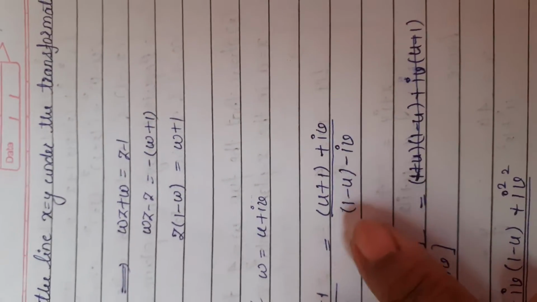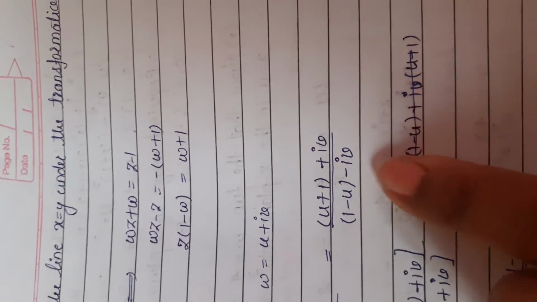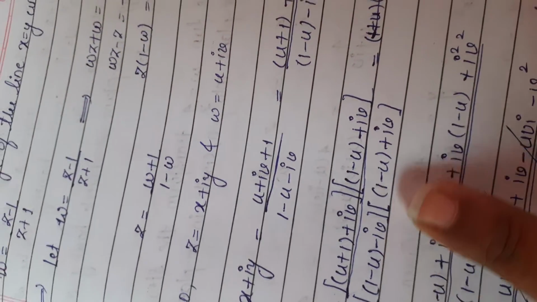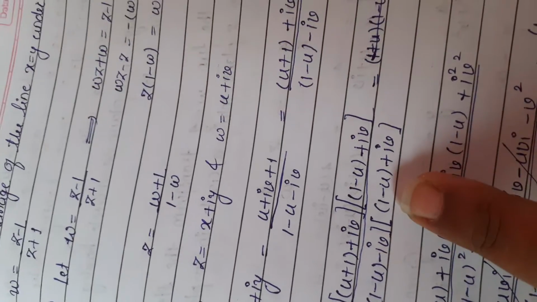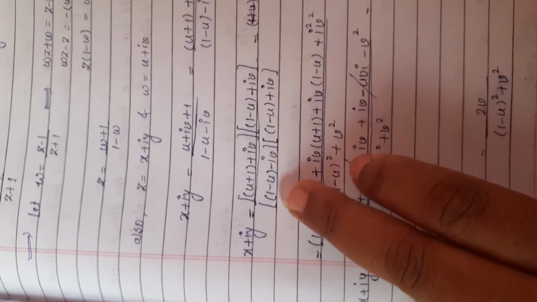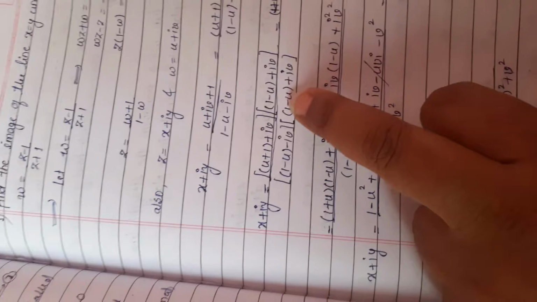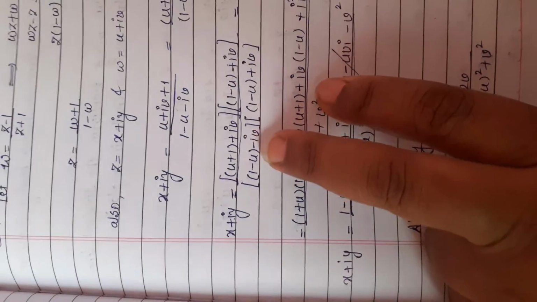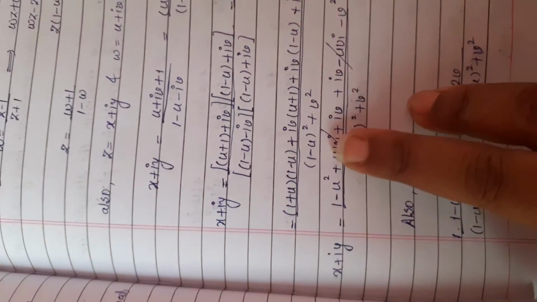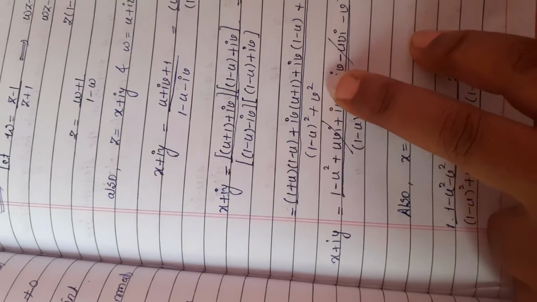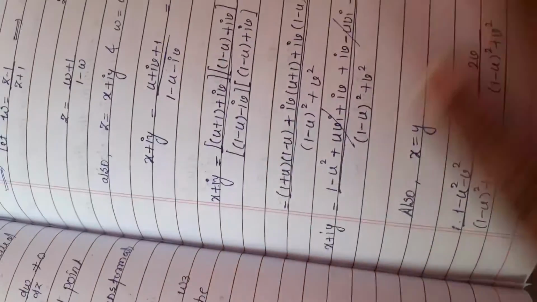While considering the complex number, our target is to simplify the denominator. While simplifying the denominator, we have to multiply by its conjugate. The denominator is 1 minus u minus iv, so its conjugate is 1 minus u plus iv. But the function should not be disturbed here, so we divide and multiply by this conjugate. We know that z into z bar is equal to mod z square, or x square plus y square, that is real part square plus imaginary part square. So the denominator is simplified.